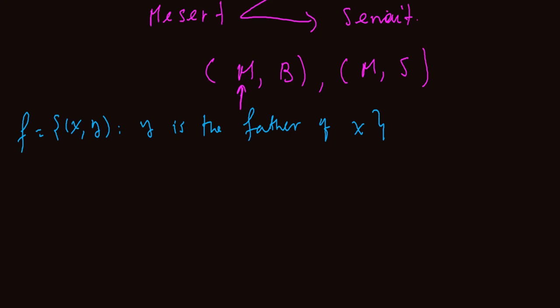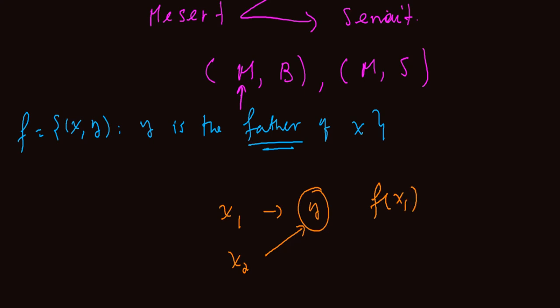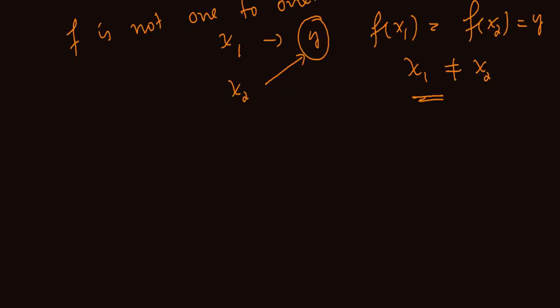Choice C, question number 2 choice C የተሰጠን f is equals to the set of all x, y's, y is the father of x ነው የሚለው this is a function actually ማንኛውም ሰው ሁለት አባት ያለው ሰው ስለሌለ function ነው ነገር ግን one to one አይሆንም ምክንያቱም አንድ ሰው አንድ አባት ሁለት ልጆች ሊኖሩት ስለሚችሉ ማለት ነው ለምሳሌ ሁለት ልጆች ያሉት አባት ቢኖር x1 እና x2 ሁለት የተለያዩ ልጆች ቢኖሩት we have f of x1 is equal to f of x2 አንድ አይነት አባት ስላላቸው ማለት ነው y ነገር ግን x1 እና x2 ሁለት ልጆች ስለሆኑ የተለያዩ ልጆች ስለሆኑ so this is not one to one function